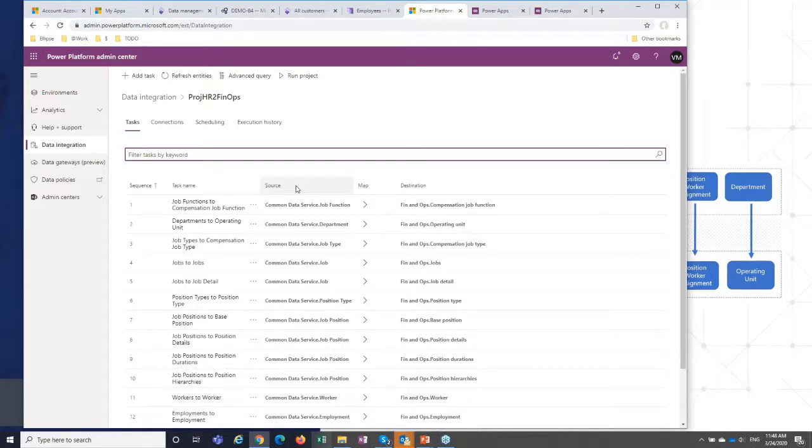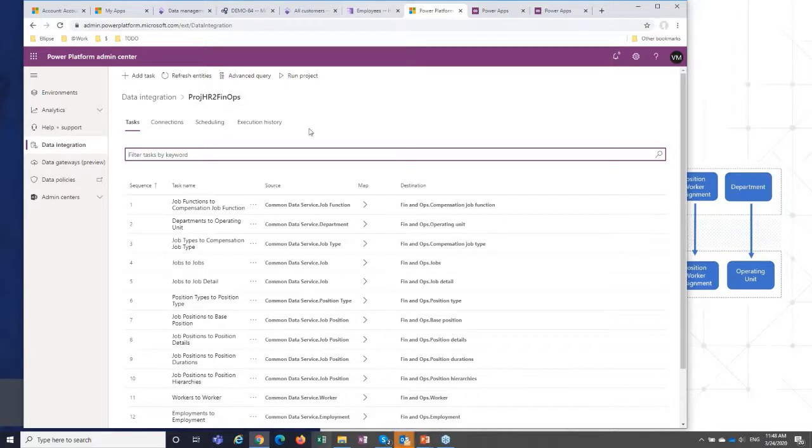Imagine you set up two projects: one synchronizes the worker table from finance and operations to human resources, and another does this with the worker table from human resources to finance and operations. If between the runs of those jobs your users update the same record in both systems, the next job that runs will overwrite the target system. That's the main problem of it.